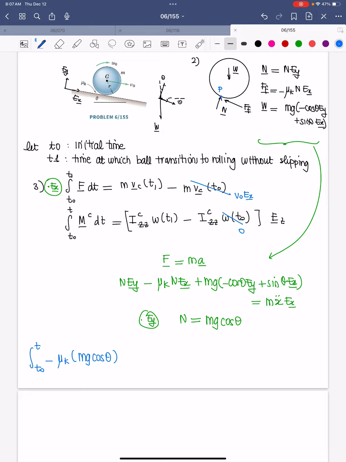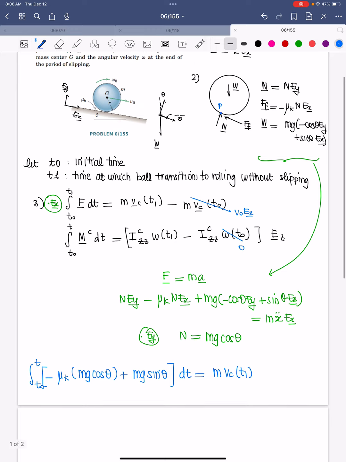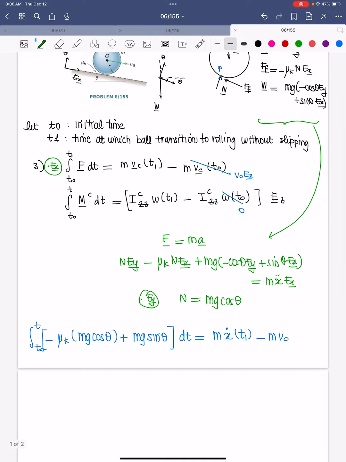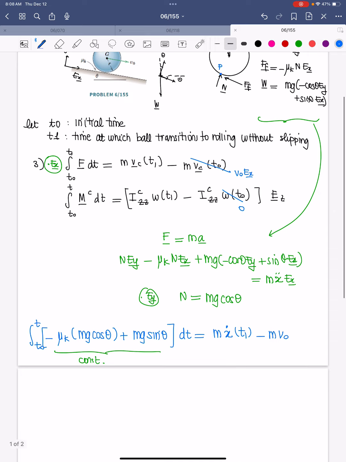dot with the x, plus mg sine theta dt is equal to m vc at t1, which is basically x dot at t1, minus m v0. Notice here that these are all constants. So I can integrate just by taking the constants outside. I will get mg sine theta minus mu k cosine theta times t1 minus t0, which is what we want to find,